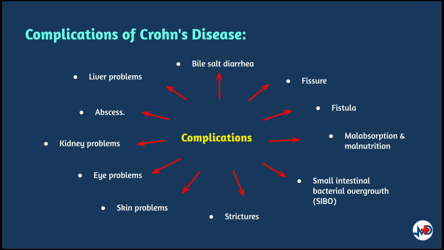Skin problems can also be seen and most often linked to Crohn's disease include erythema nodosum, pyoderma gangrenosum, and skin tags. Eye inflammation can also take place, such as episcleritis, scleritis, and uveitis. Last but not least, we can also encounter kidney and liver problems, such as hydronephrosis of fistulas, and liver issues such as gallstone diseases, fatty liver disease, and hepatitis.